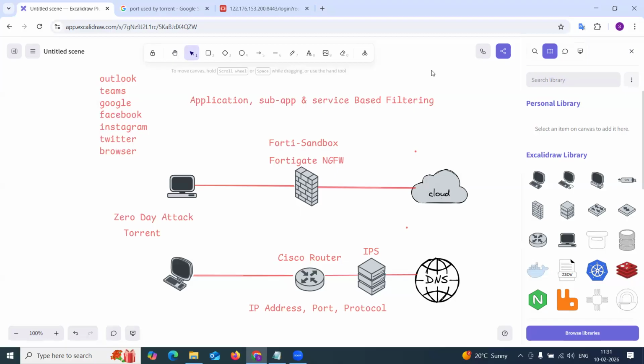Now understand. I'll talk about sub-application filtering. What is sub-application filtering? Understand, sub-application filtering means,